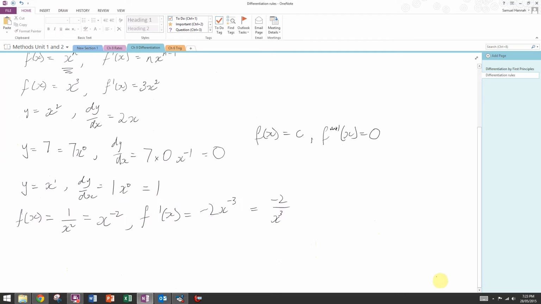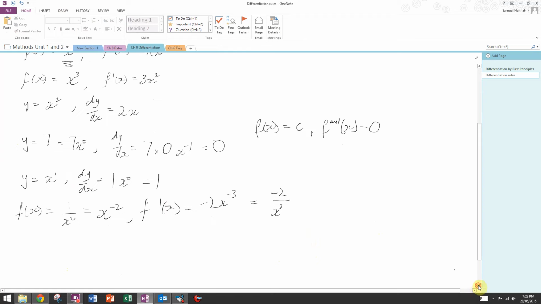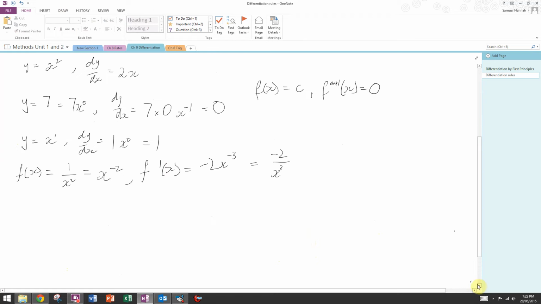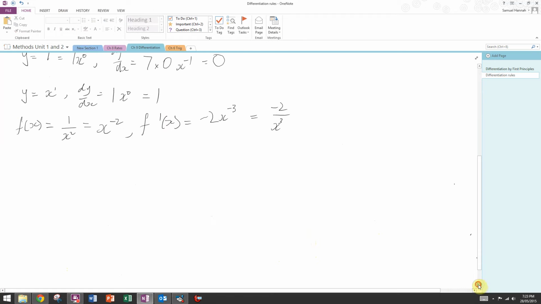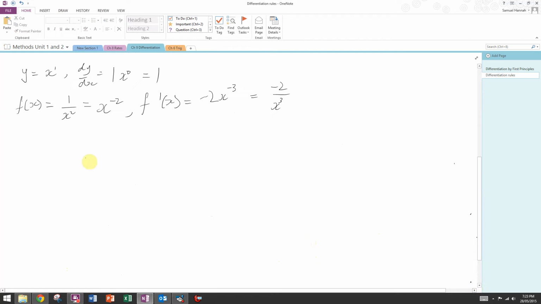Okay, let's jump ahead now to the second differentiation rule. Alright, so rule 2. It basically says that if your function f of x is equal to some constant times x to the power n, so this is the same, just with a constant term out the front,